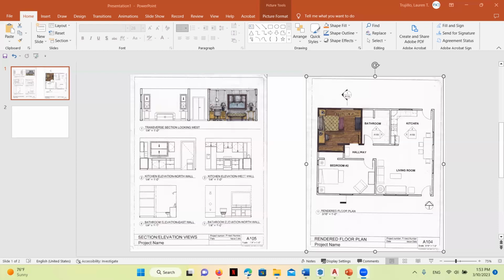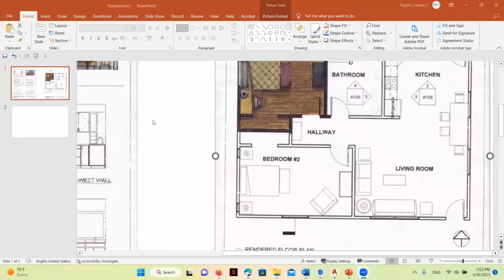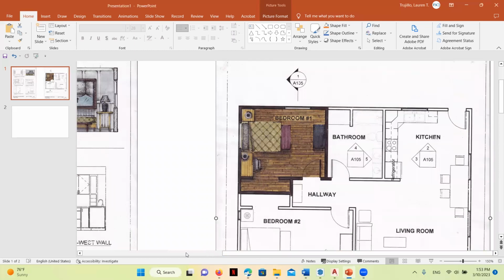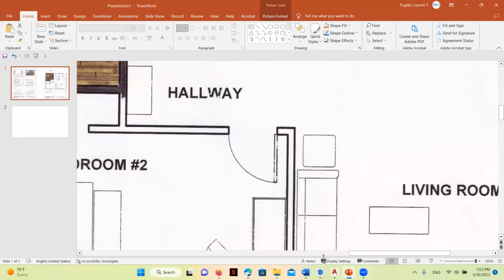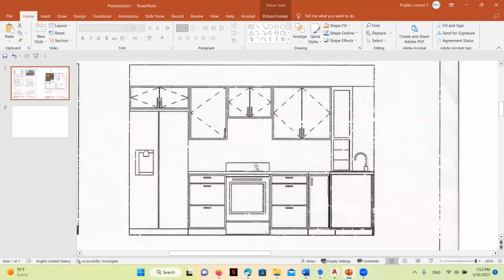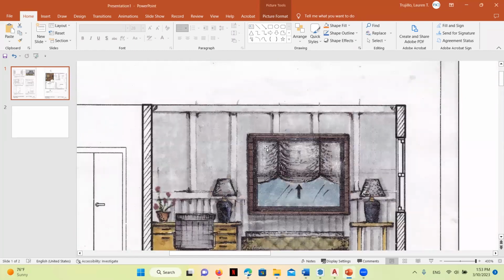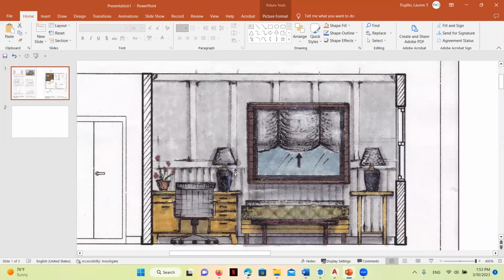These two drawings were created in AutoCAD, and then the sheets were exported as a PDF. Then I printed the PDF page onto 8.5 by 11 vellum. And then I got out my rendering markers and my black fine tip pen and my white colored pencil, and I rendered color and texture and highlights and shade and shadow on this image. And then after that, I scanned the image as a JPEG and I inserted it into this PowerPoint presentation.